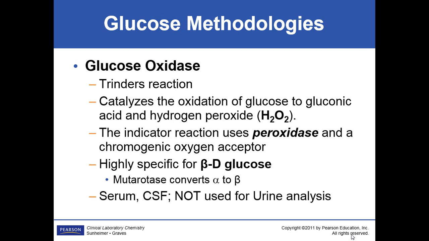it is only for serum or the gray top plasma. It is not for urine. We can use it for spinal fluid also, but it's not for urine. It won't measure glucose in urine. Now, do you think you should have glucose in urine? No, we normally don't have glucose in urine.